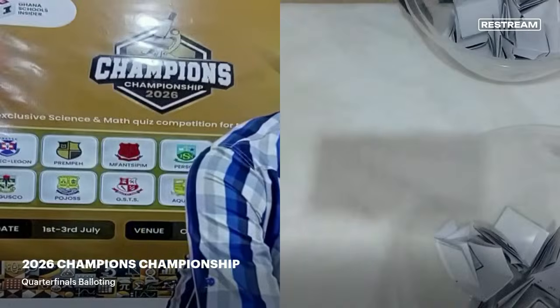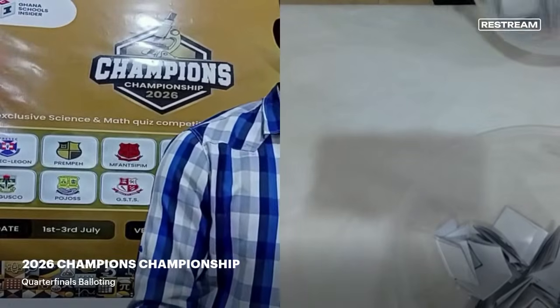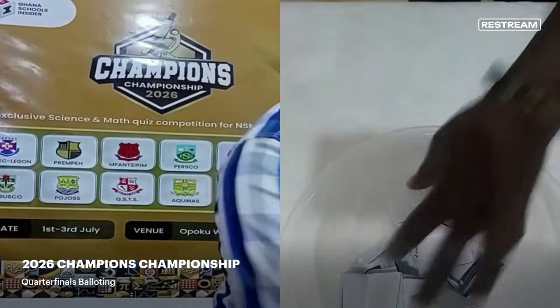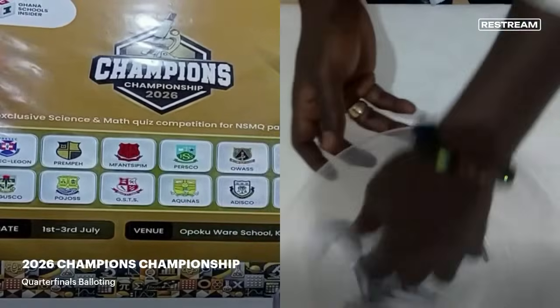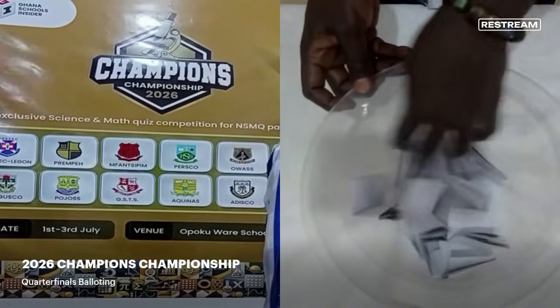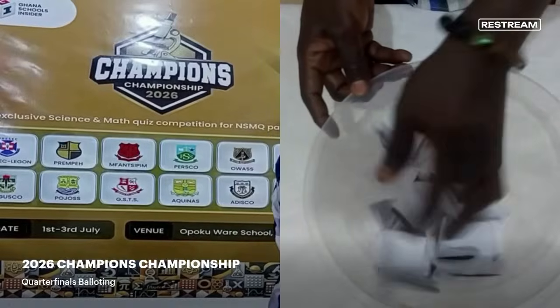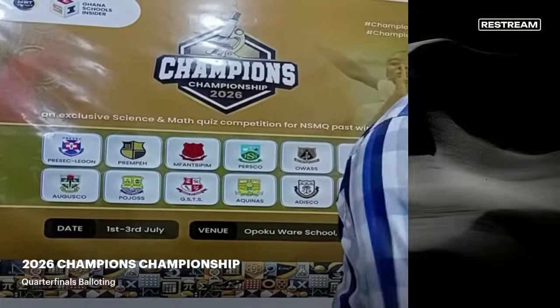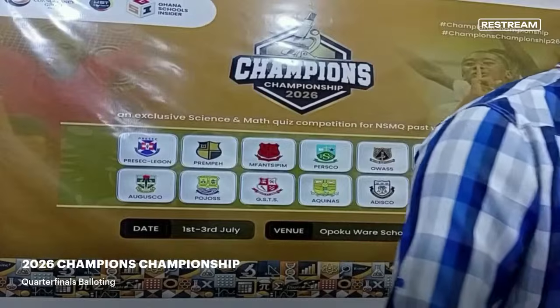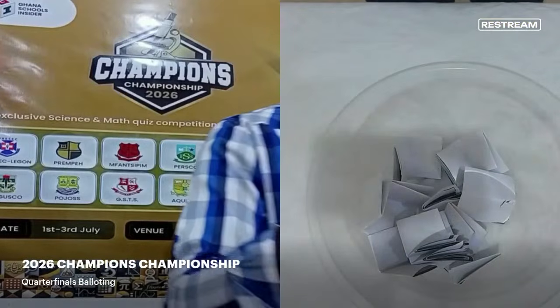So we are picking the alphabet first. Please bring it under the camera. Okay. So as you can see, he's doing a random pick, and then he's going to pick the first alphabet.